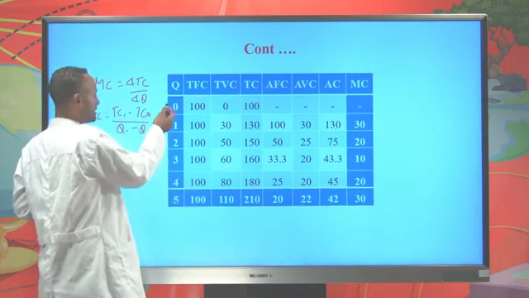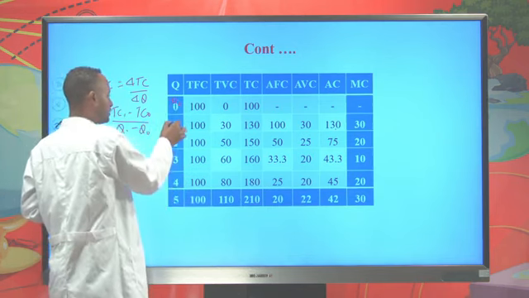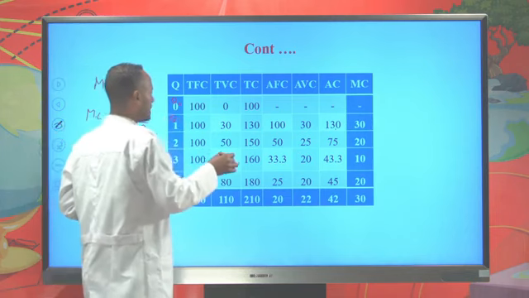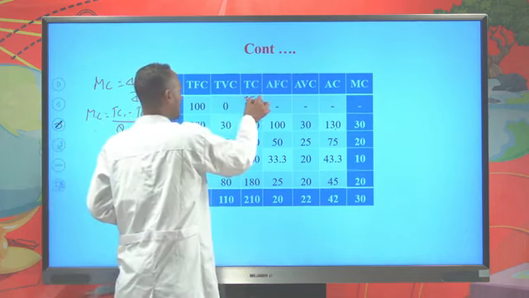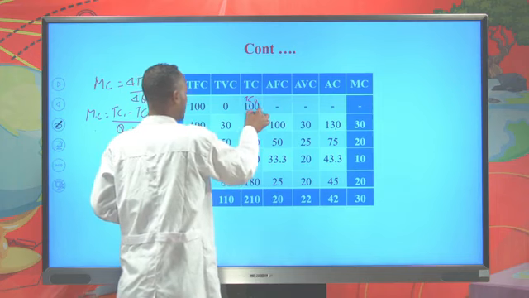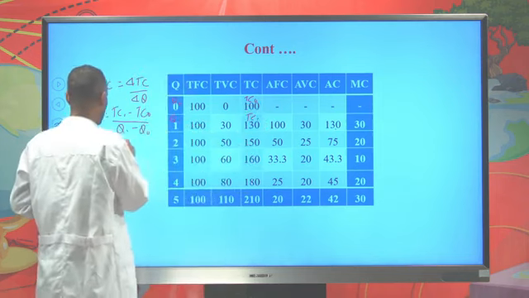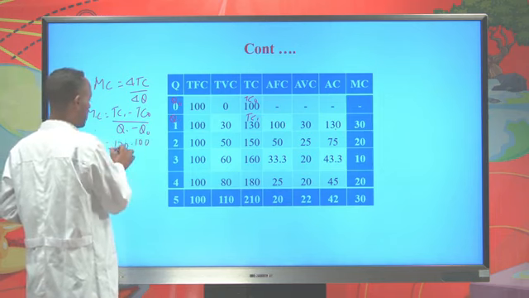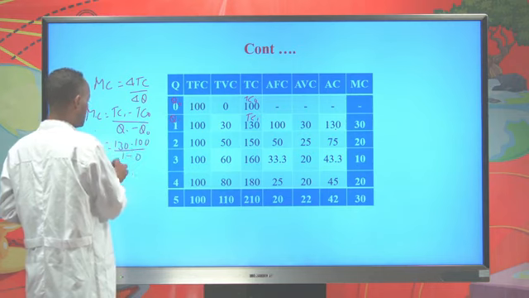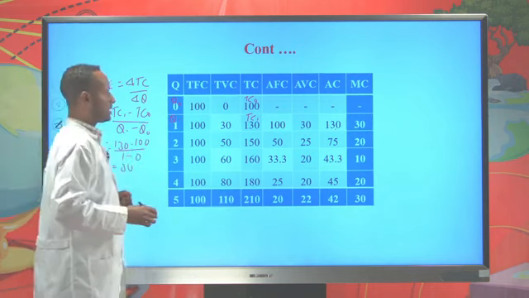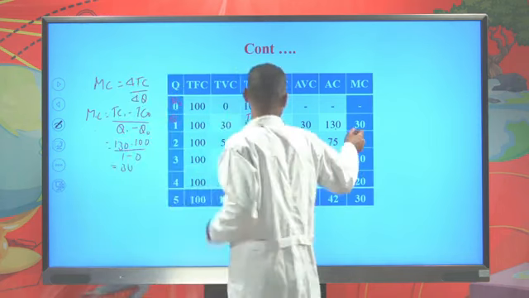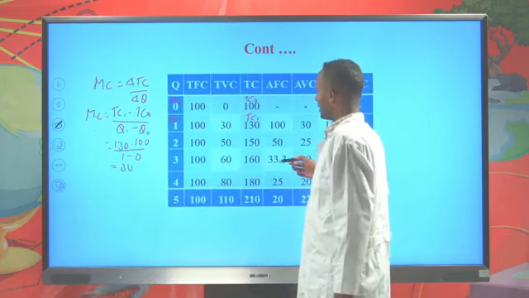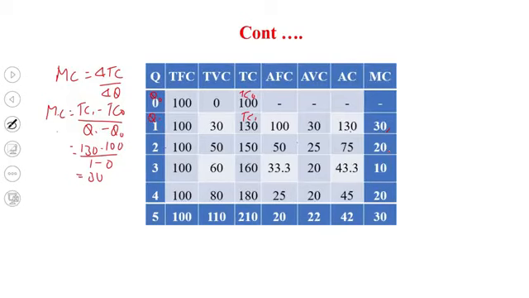Now let's take this 0 as Q initial and this 1 as Q final, and let's take this 100 as TC initial and this 130 as TC final. Then the marginal cost of production will be 130 minus 100 divided by 1 minus 0, which is 30. So the marginal cost of producing 1 unit of a commodity is 30. Similarly, the marginal cost of producing 2 units of a commodity is 150 minus 130 divided by 2 minus 1,